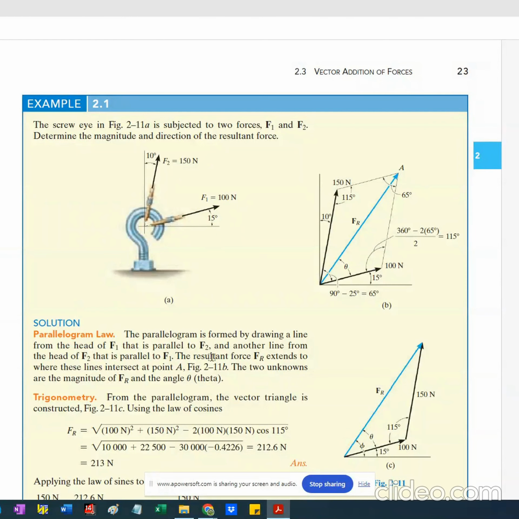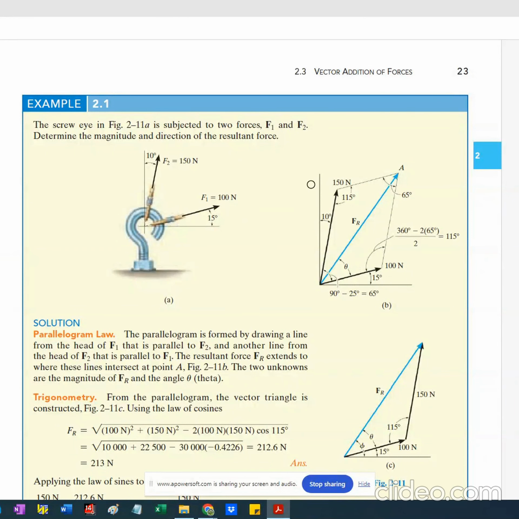All right, some sample problems. Here we have this first sample problem. Two forces, some angles, and we want to find the resultant. So you recognize that in a parallelogram, the sum of angles is equal to 360. So these are two triangles that are mirrored. Are they mirrored? No, they are identical triangles. Anyway, so the knowledge that in a parallelogram the sum of angles equals 360